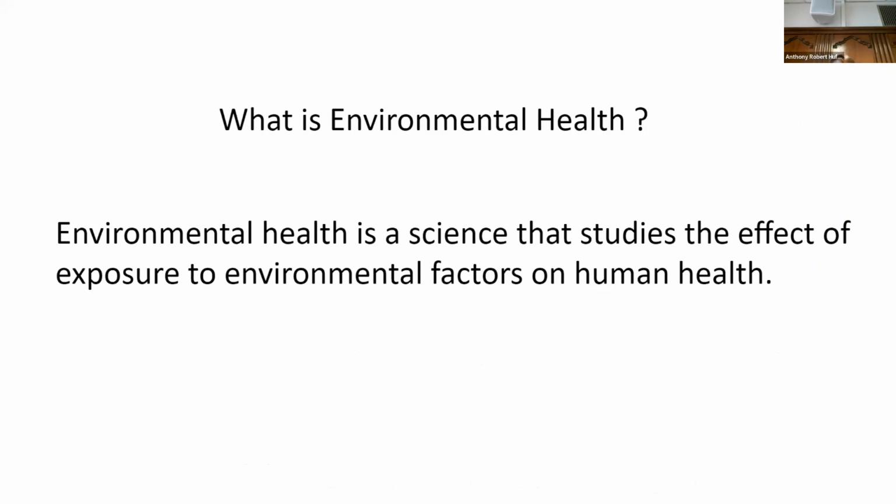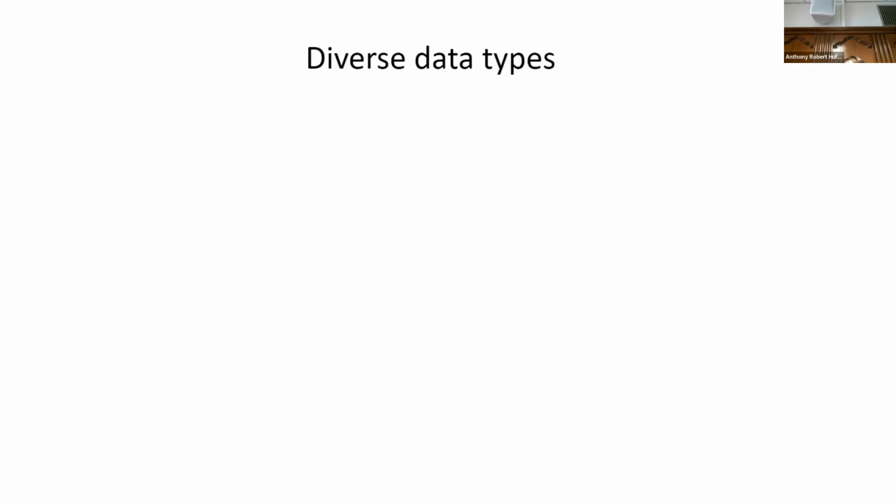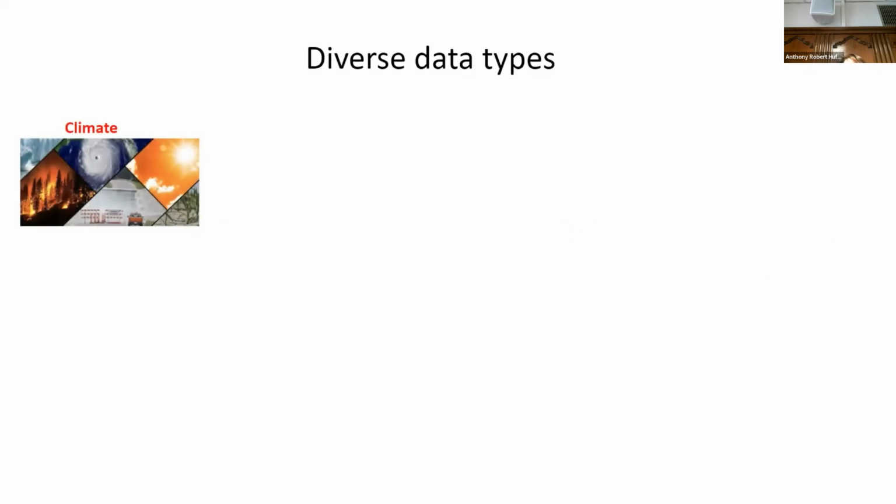This is, as you can see, a very wide definition, where environmental health is designed to study the effect of exposure to environmental factors on human health. And these environmental factors could be from several domains. That's why it's very complicated to have a language that can be useful for all the different domains. Here are the different types of data that fall under the umbrella of environmental health,